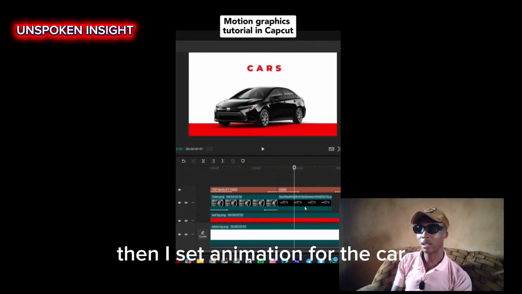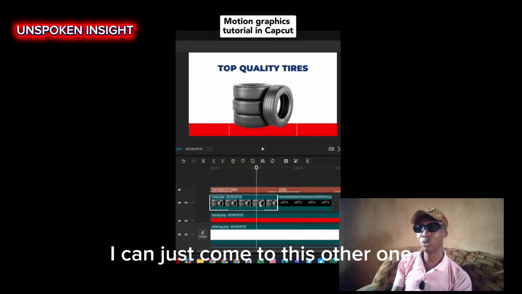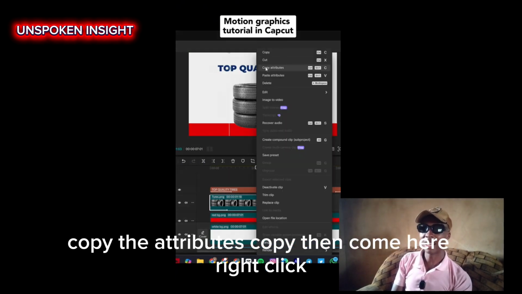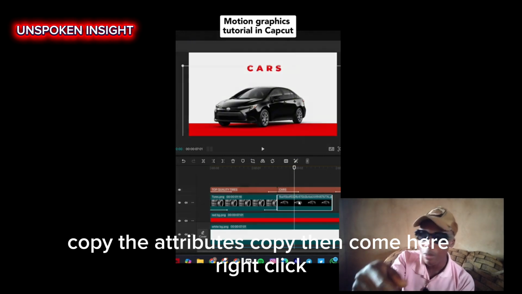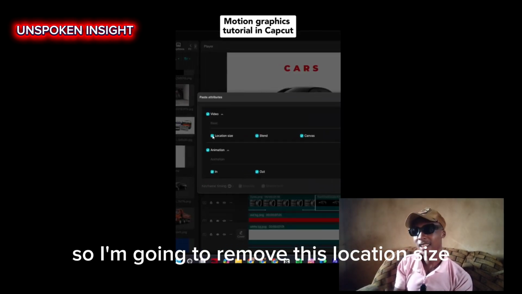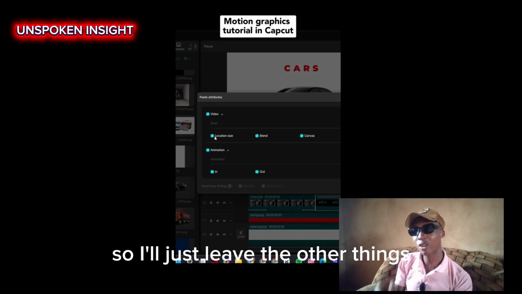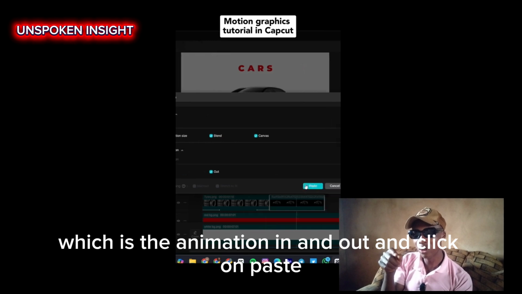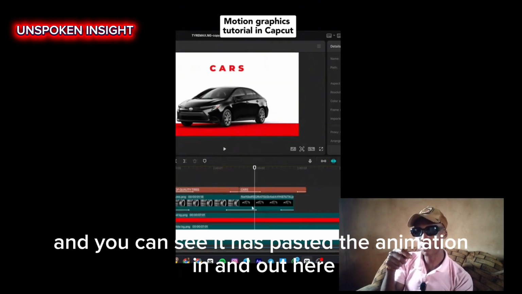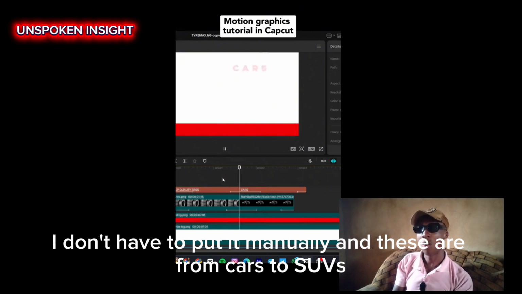Then I set the animation for the car. Rather than having to set the animations for the car, I can just come to this other one, copy the attributes, then come here, right click, then paste attributes. I'm going to remove the location and size because I don't want it to resize to the tire's size. I'll just leave the other things, which is the animation in and out, and click on paste, and you can see it has pasted the animation in and out here. I don't have to put it manually. And this is what we have. From cars to